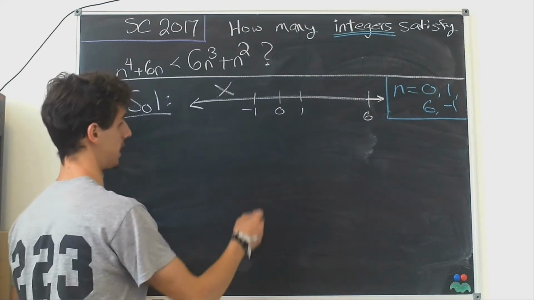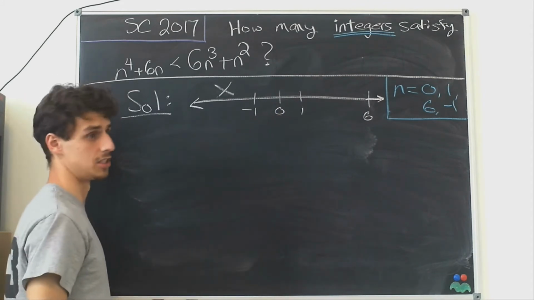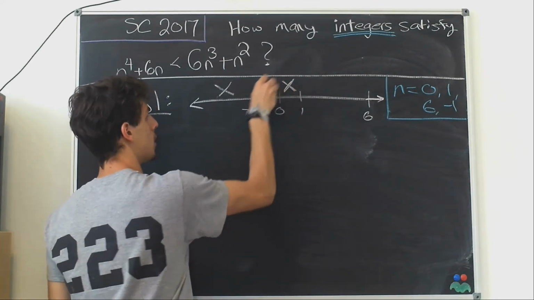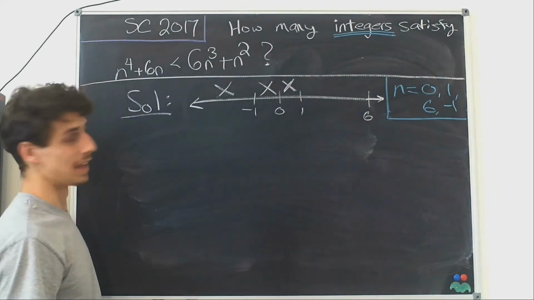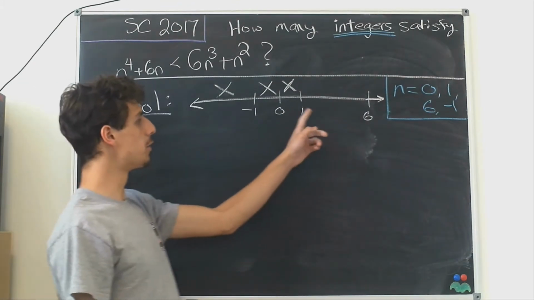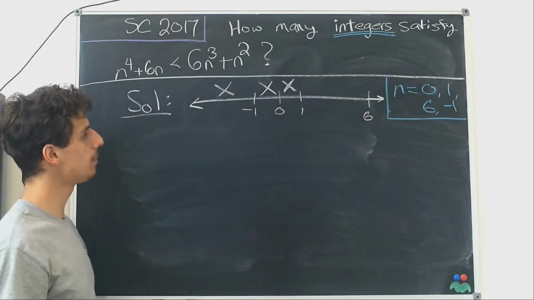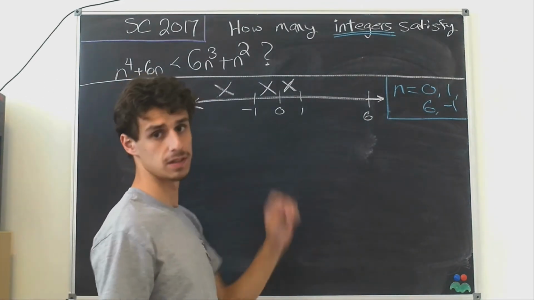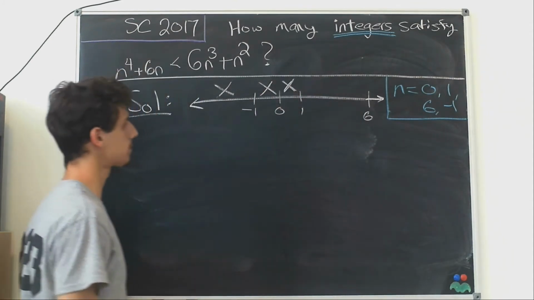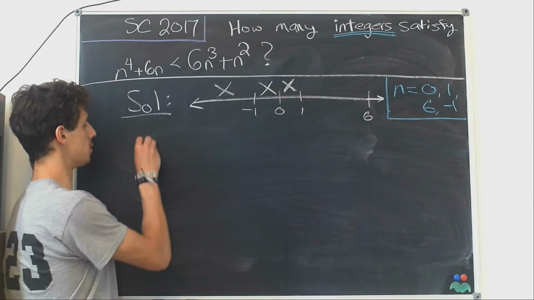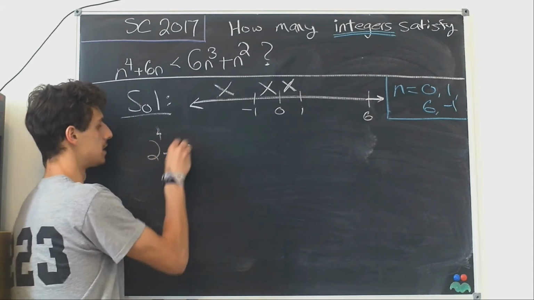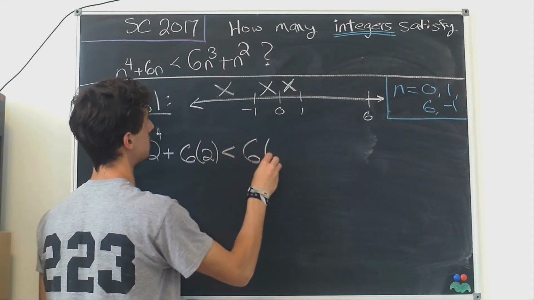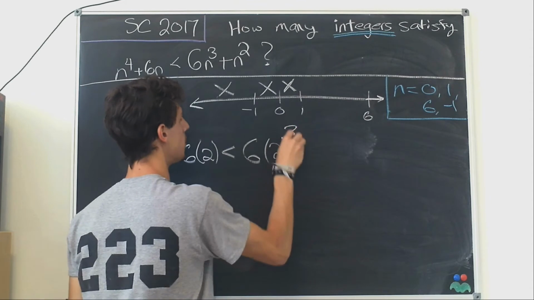So now let's test our second range. We have between negative 1 and 0, but there's no integers here in this range or in this range. So we don't have any solutions there either. And now we only have 2 ranges to check. We have to check if 2, 3, 4, and 5 satisfy this inequality, or if any number bigger than 6 satisfies this inequality. I should say any integer bigger than 6, because that's what we're looking for here. So let's check 2. So we'll have 2 to the fourth plus 6 times 2 is less than 6 times 2 cubed plus 2